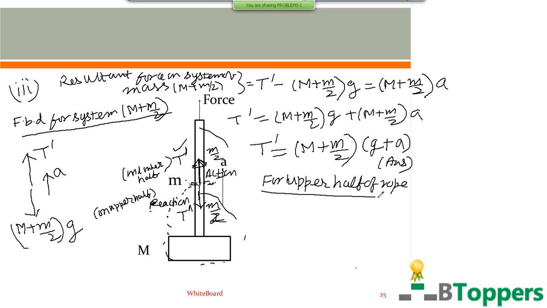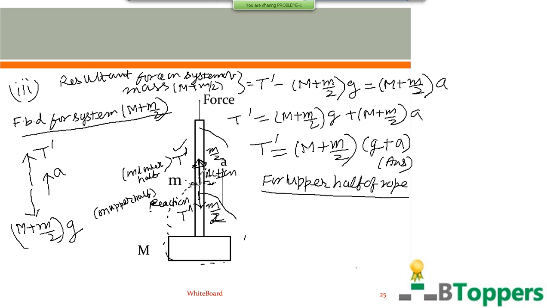Of course it's not necessary to solve every problem by the alternate method. Only for analysis we are discussing it, to have more clarity of calculation of the tensional force. For the upper half of the rope of mass m/2, if you consider it as one system,